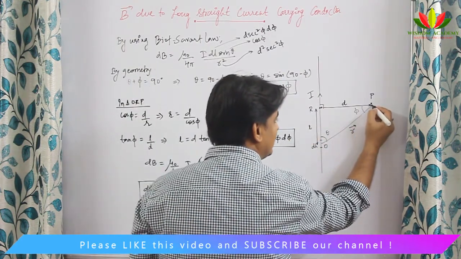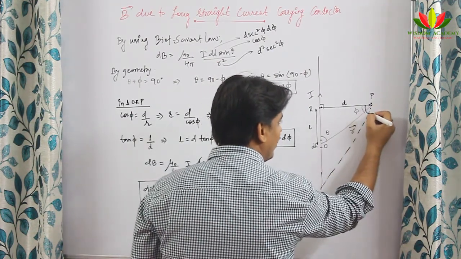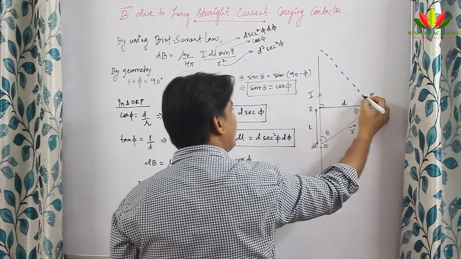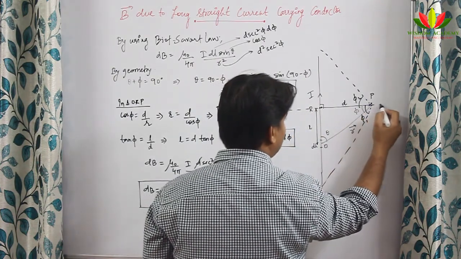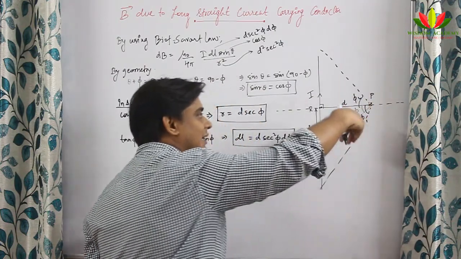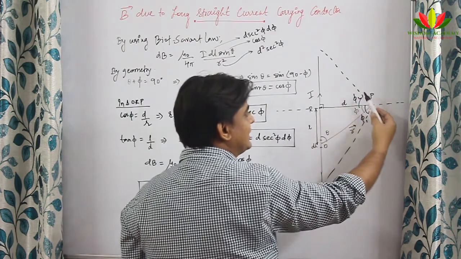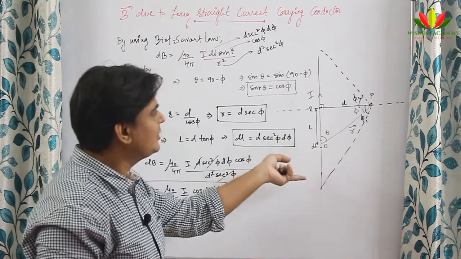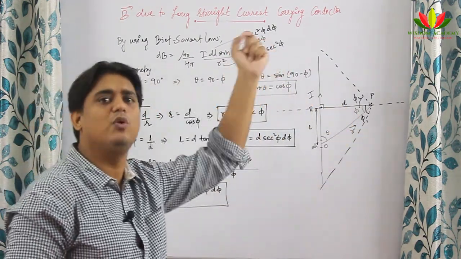So there will be some angle here, let the angle be phi 1 in the lower scale, and let the angle of the upper portion be phi 2 in the upper scale. So if this RP is assumed to be the reference line, then from this reference line phi 1 is the angle which this point P subtends to the lowermost point, and phi 2 is the angle subtended by P at the uppermost point. This wire can be infinitely long also. So phi 1 and phi 2 are the angles subtended by P at the uppermost point of the wire and the lowermost point of the wire.